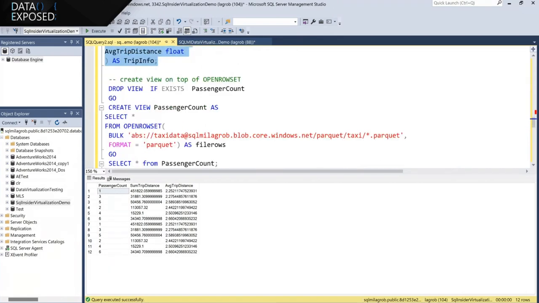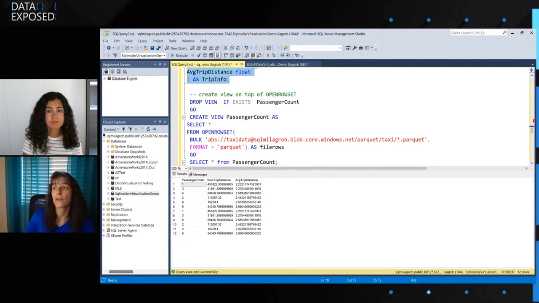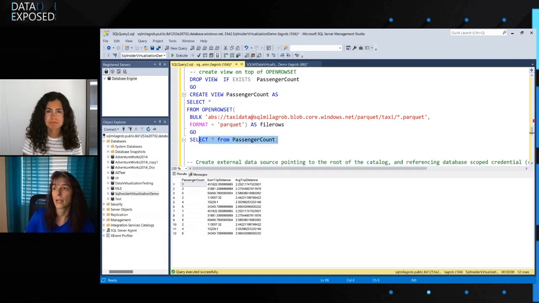Another thing I can do, even still with the OPENROWSET, is create a view on it. So I can say create view as a select from my OPENROWSET query, and then I can select from the view that I created, so that I don't actually have to specify all the rest of this data. So a DBA could set this up for, say, a regular business user to go ahead and query that.